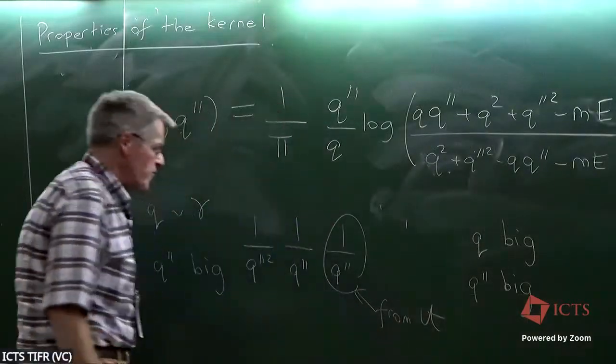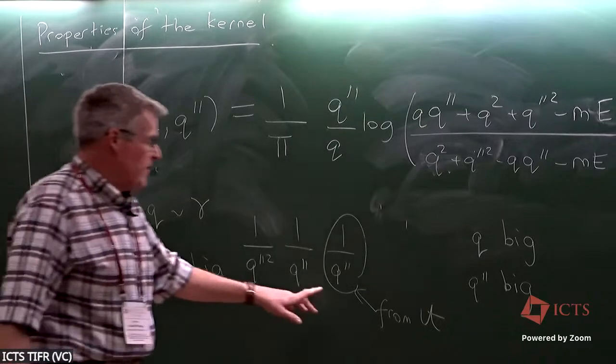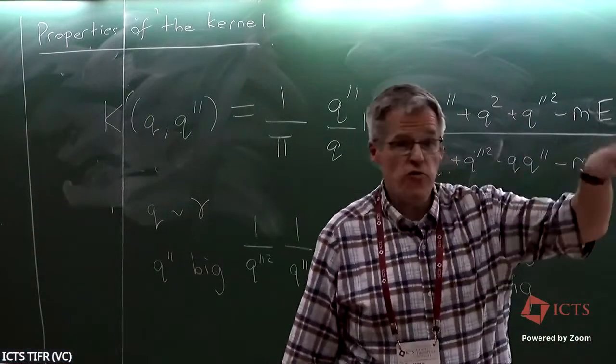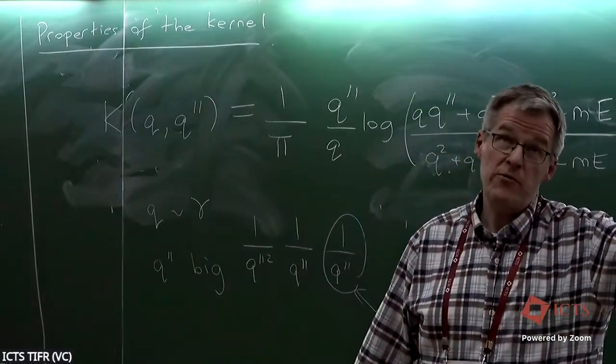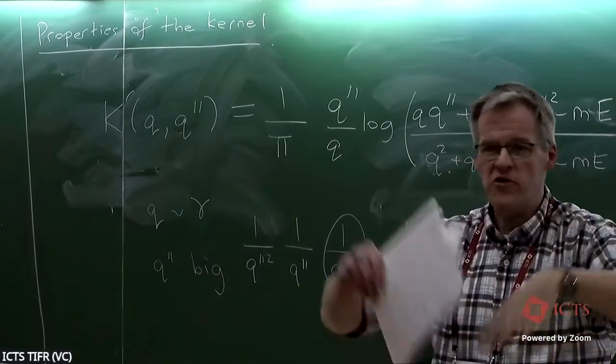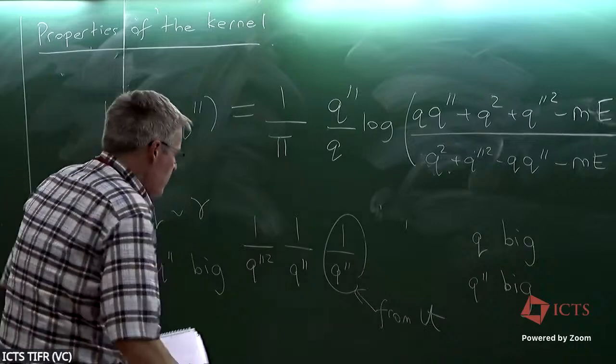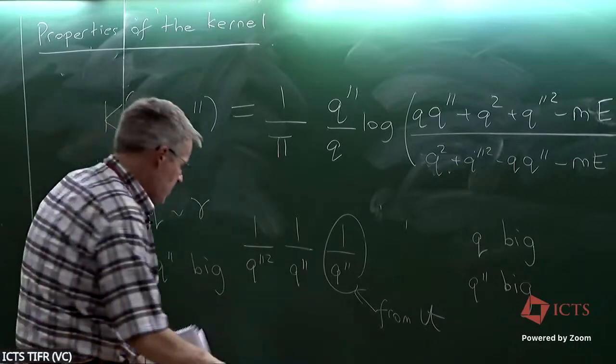And the integral converges. If you don't believe me that A goes like 1 over Q double prime, you can basically define an object where you rewrite A of Q as something else divided by Q and just substitute in and multiply through, and you're fine. So this regime is fine,